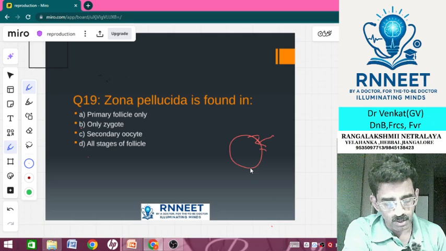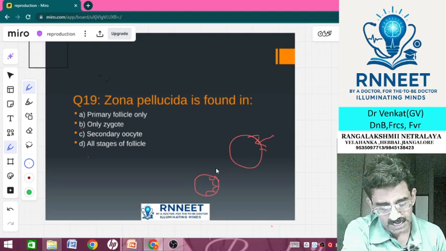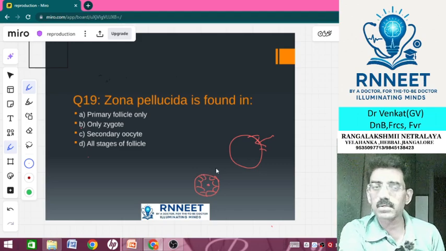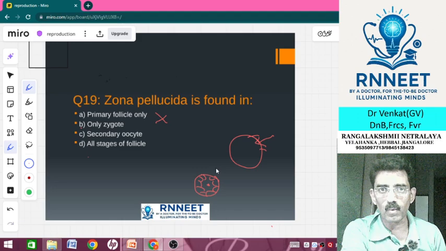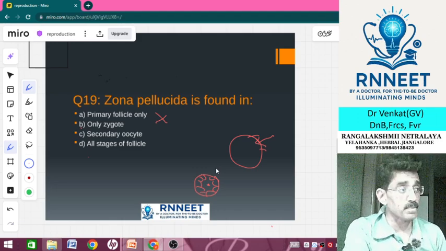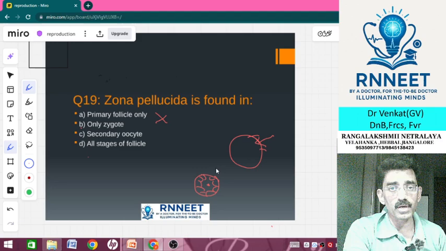The primary follicle only contains certain germ cells. It contains only germ cells, okay, with the central nucleus. It does not have any zona pellucida. So the primary follicle does not have. Then the next is the secondary follicle. Will zona pellucida be present in the secondary follicle? Secondary follicle